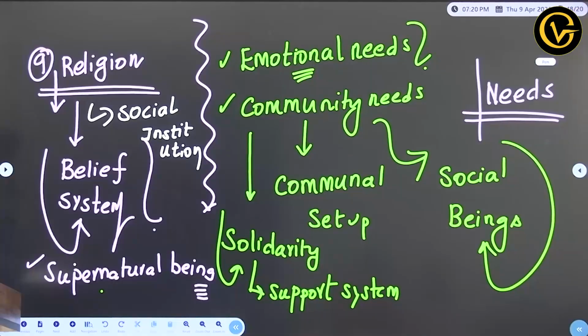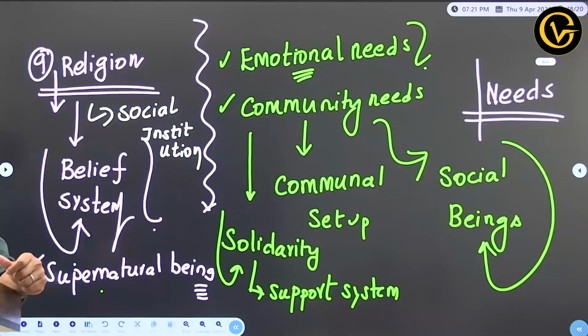Then having someone to take care of emotional needs in the name of God, is it good? Undeniably it is good, right? So why should we get rid of religion? Because in the present times people are moving very far away from spirituality. This has an impact on the emotions of the people, or their ability to control their emotions.